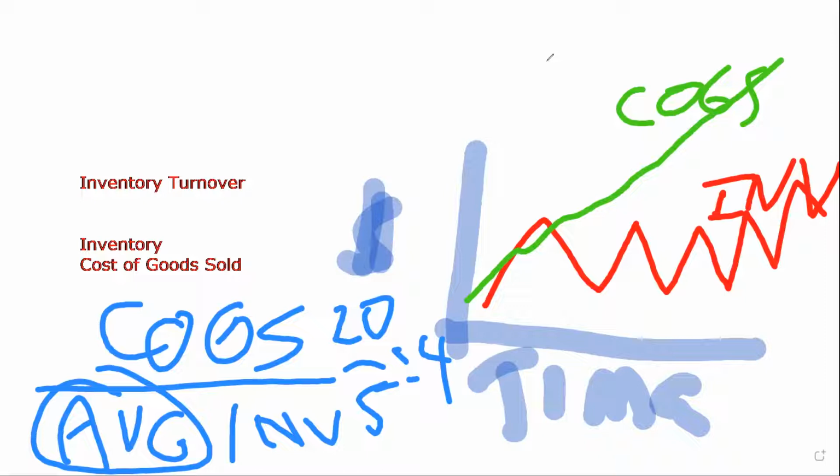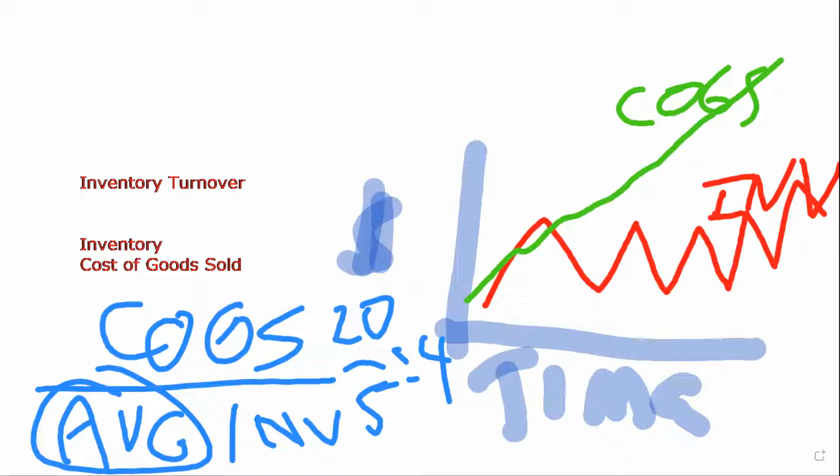Now I do the same thing for receivables turnover. I look at receivables, which goes up and down and up and down, and sales, that's the other number in receivables turnover. My sales keeps going up, up, up. So my sales will be in the numerator. My average receivables will be in the denominator. Those are two of the ones you've got to kind of memorize a little bit when it comes to ratios. Again, most of the other ratios are pretty intuitive.